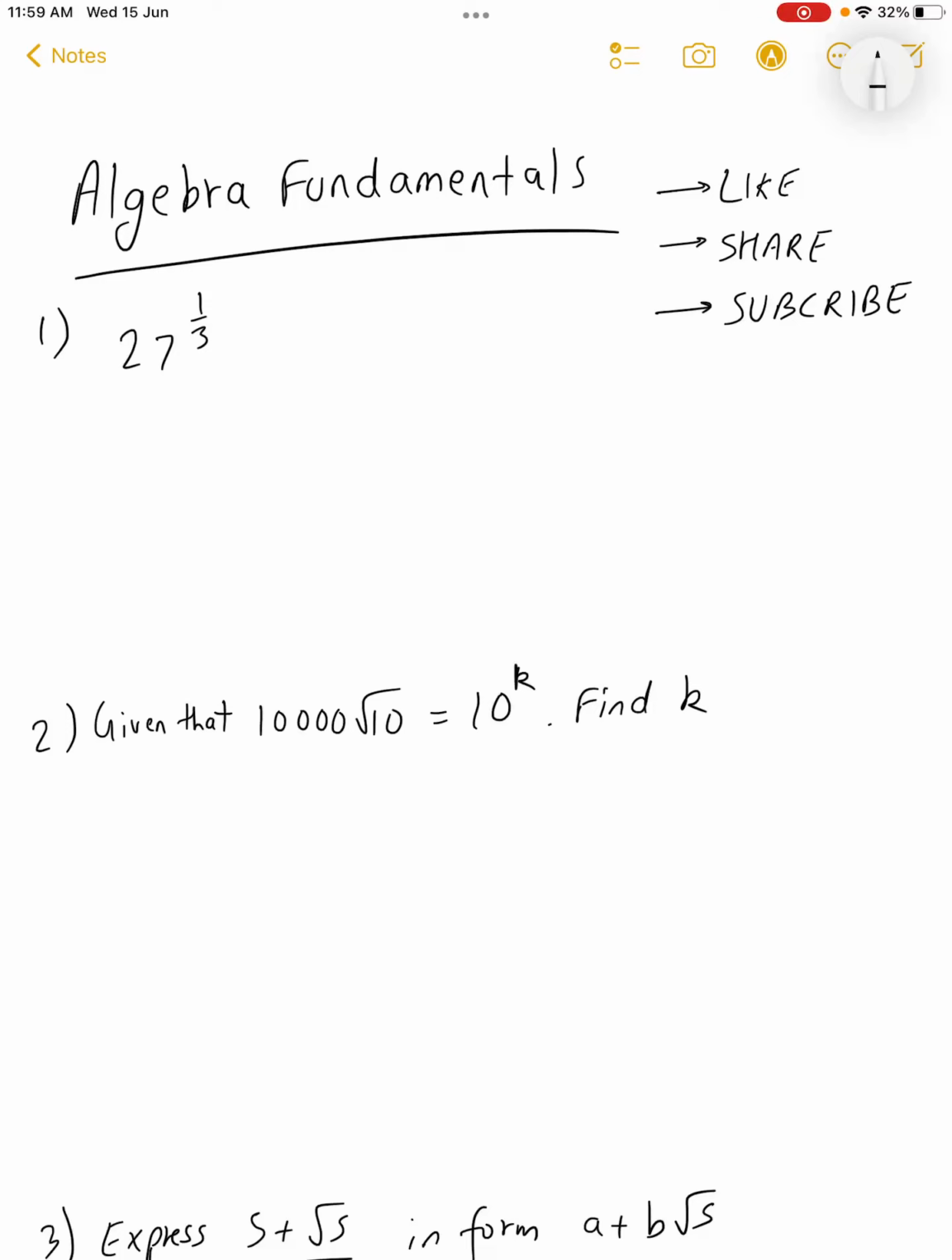Hello guys, today I'm just making a video on some algebra fundamentals. I know many of you have maths that involves algebra, so I thought of making a video that goes through the concepts of having a good algebra foundation or base so that you're able to solve the complex algebra